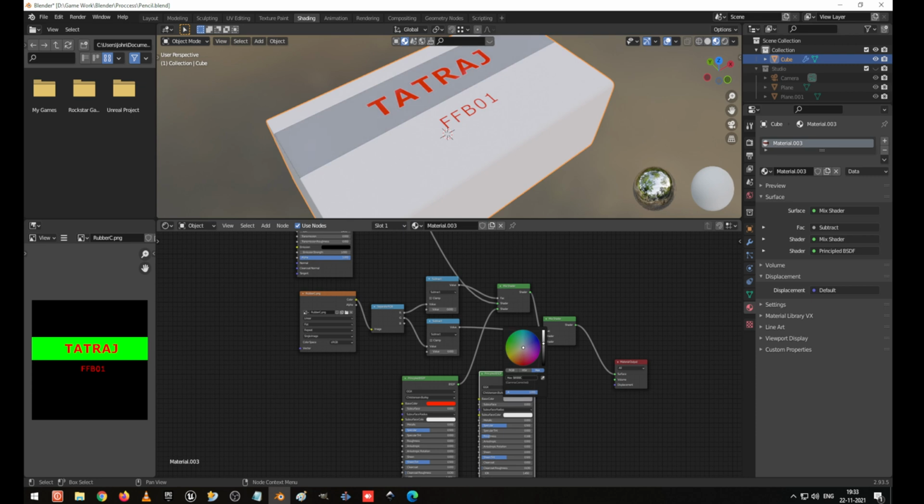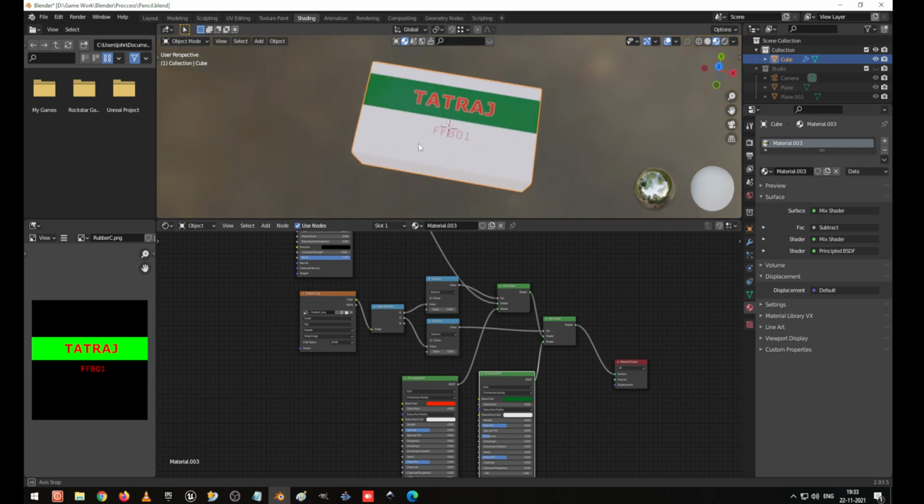Red. Okay, this one it is okay, and yeah, green looks better. I'm going to give red. Okay, now this looks better.